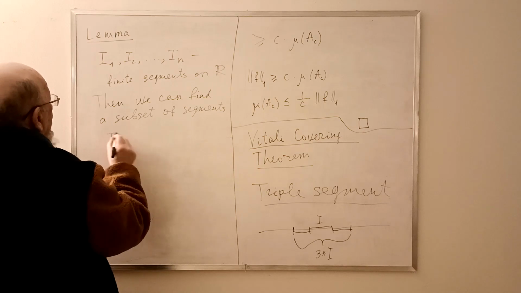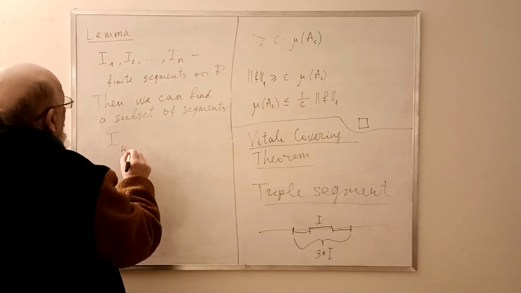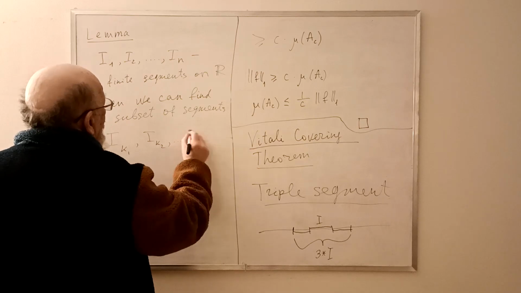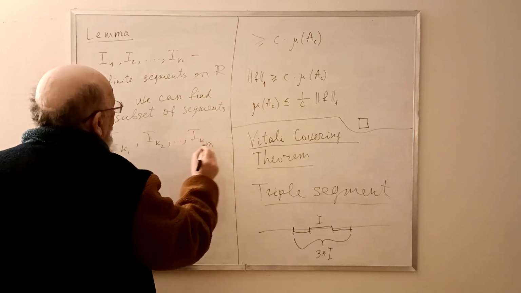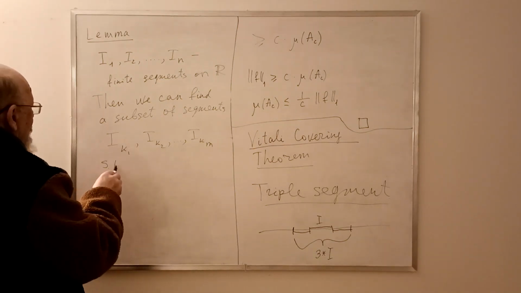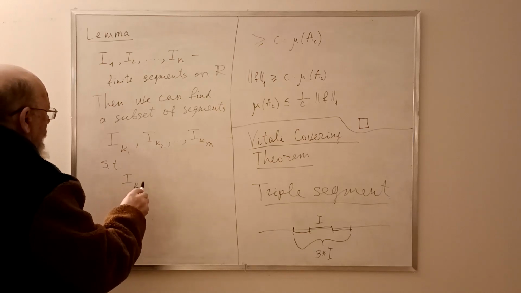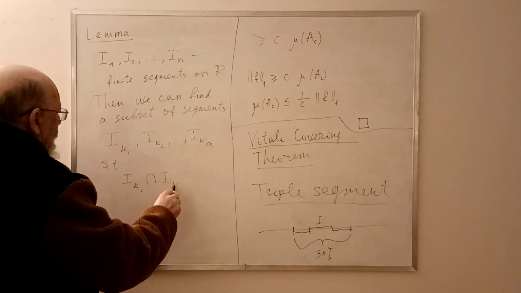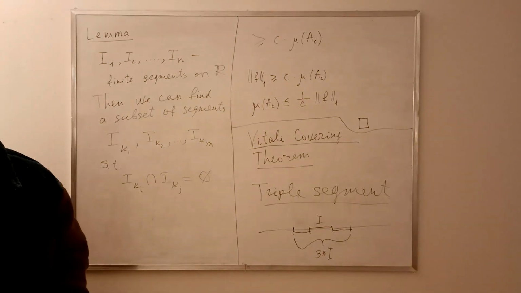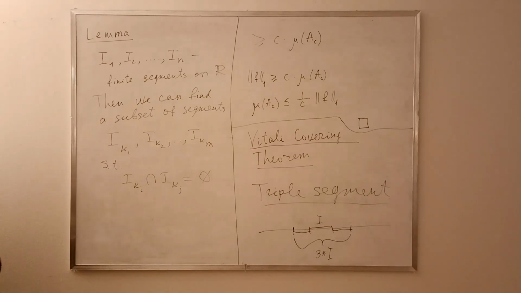Let us denote them I K1, I K2, and so on, I Km, with m less than n, such that first, I Ki and I Kj do not overlap on one hand, and on the other hand,